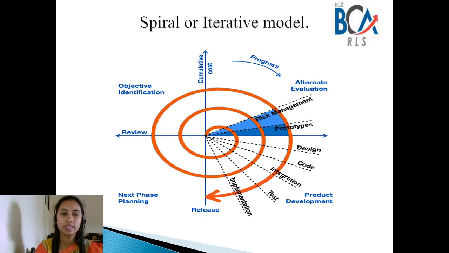So in the previous session you learned the software development life cycle models, which are the waterfall model and the RAD model or iterative model. Now in today's session we will learn the spiral model. You can see in the diagram, the spiral model looks like a spiral. So your software development process is a continuous process here. So let us see the spiral model.